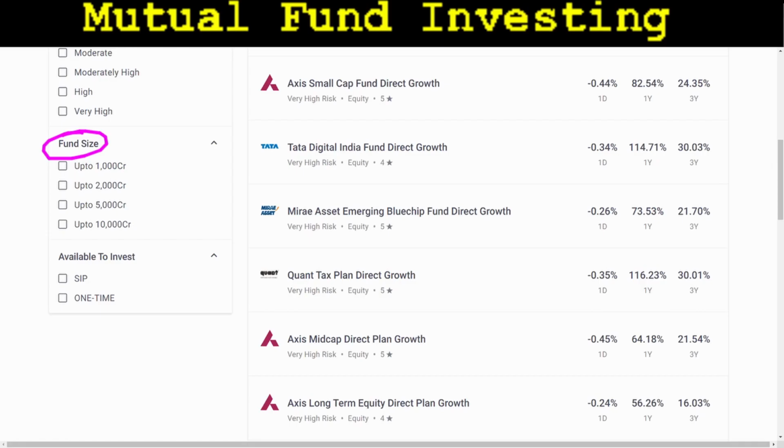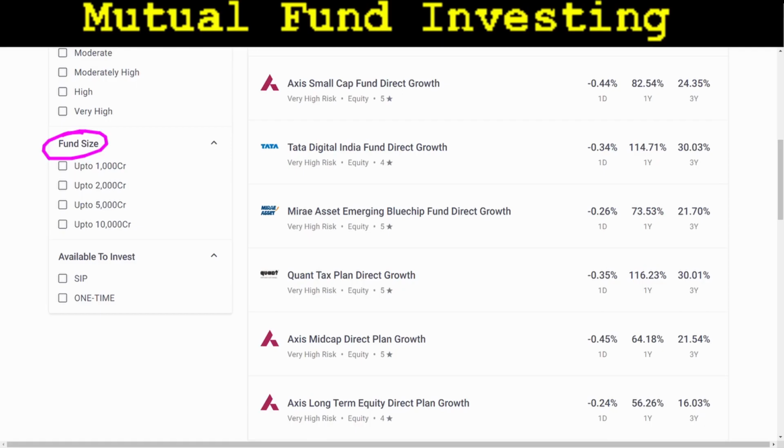Although AUM or fund size does not give a clear picture of any mutual fund's performance, because there are some key parts to it. Firstly, if a mutual fund is listed since a very long time, many people would have invested in it, and that will increase the fund size of the mutual fund. Conversely, if a mutual fund is relatively new, its fund size will be very low as compared to an existing mutual fund. So it is unwise for us to compare returns from a large fund size with a mutual fund with a small fund size.